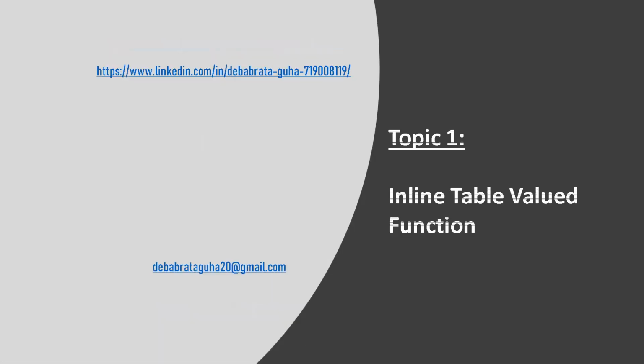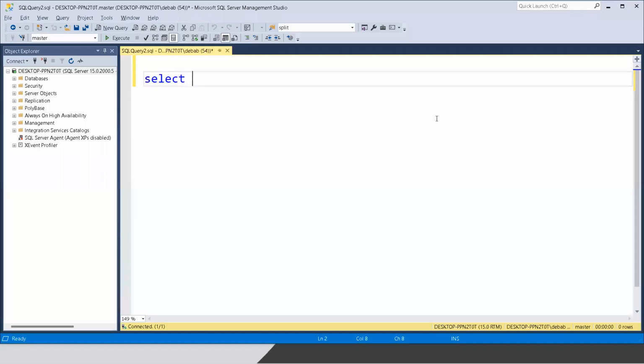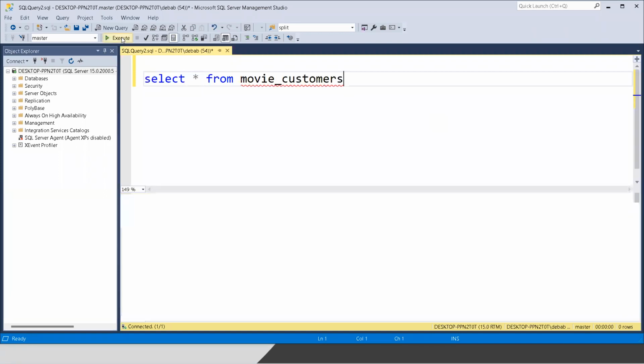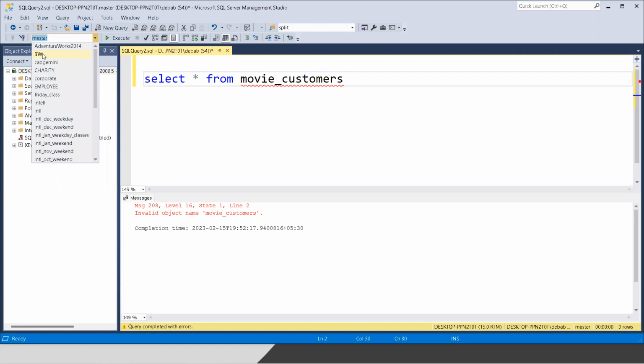As topic one, I will try to explain what an inline table valued function is. Suppose someone is looking for a function which will return customer ID, name, and gender from some particular table. So let me show you the table we have already created in our database. The name is movie customers. Okay, something I'm doing wrong. I have to select the BW database from here. Here it is. Now if I run,